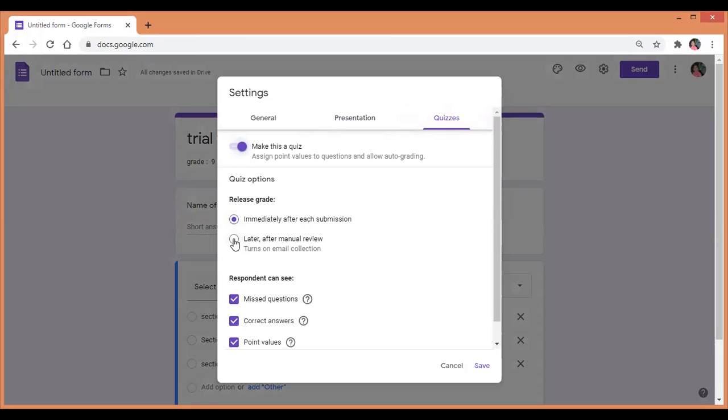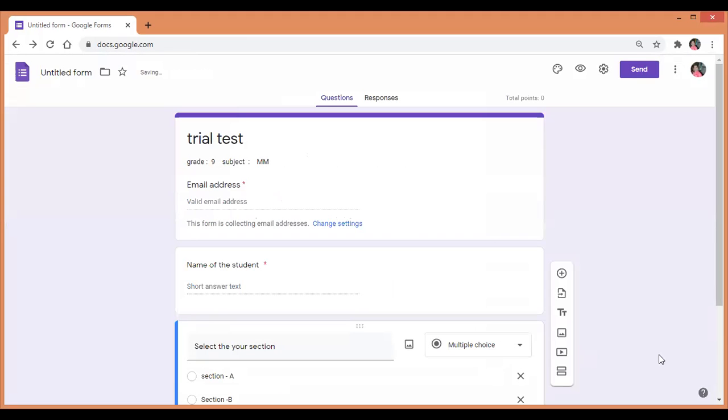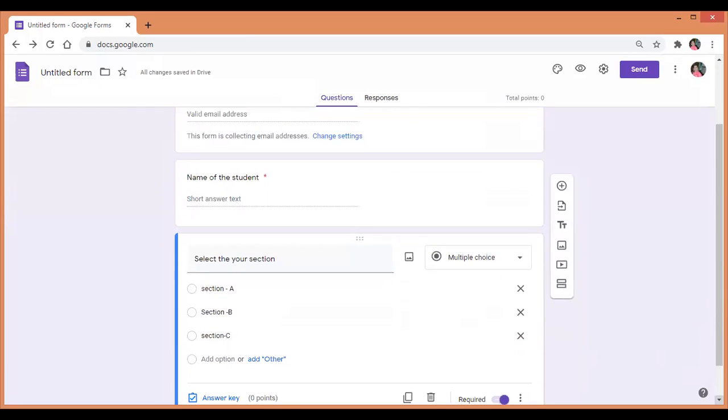Otherwise, if you want to see later, you can. So I'm just selecting immediately after each submission. Students can view the missed questions, correct answers, and points. If you want to show them the correct answers, you can click this one. Otherwise, you can unclick. So after these preliminary settings, save. Let us write the first question.